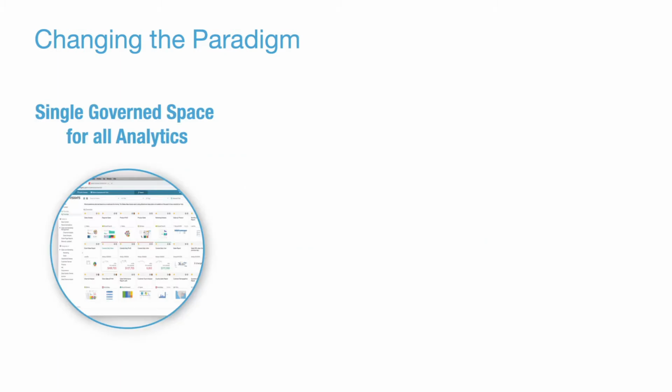So this is all about, fundamentally, in the end, a paradigm shift, right? Going from the existing publish and forget model. I created this, I've got this asset, maybe I briefed some people on it, now I'm off to the next thing, and this just sits out there, to really a model where you're democratizing the access to data science, right? And you accomplish that by creating first a single governed space. So all your analytics are in one place. Your data science asset is easily accessible together with your BI tools, with your Excel spreadsheets that are being shared. It's a first class asset within the organization. It's not relegated to some corner where nobody can find it, right?